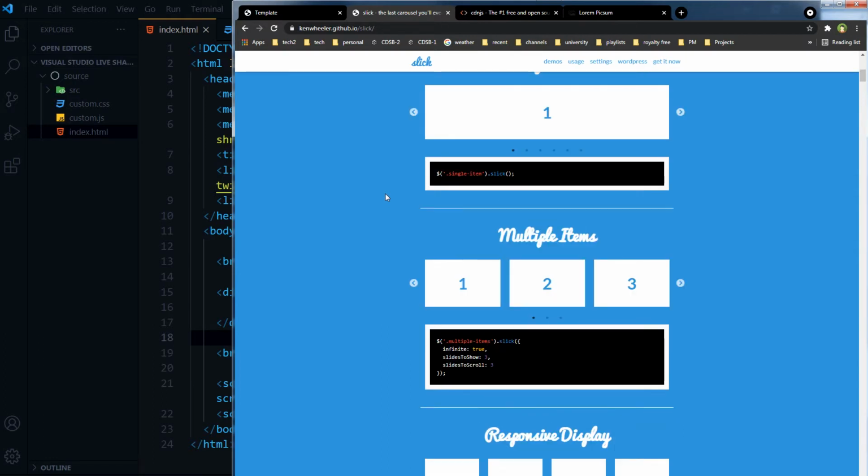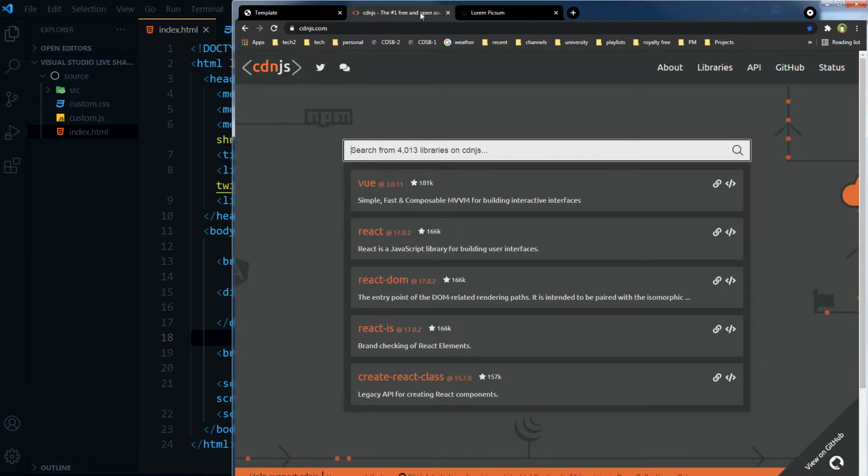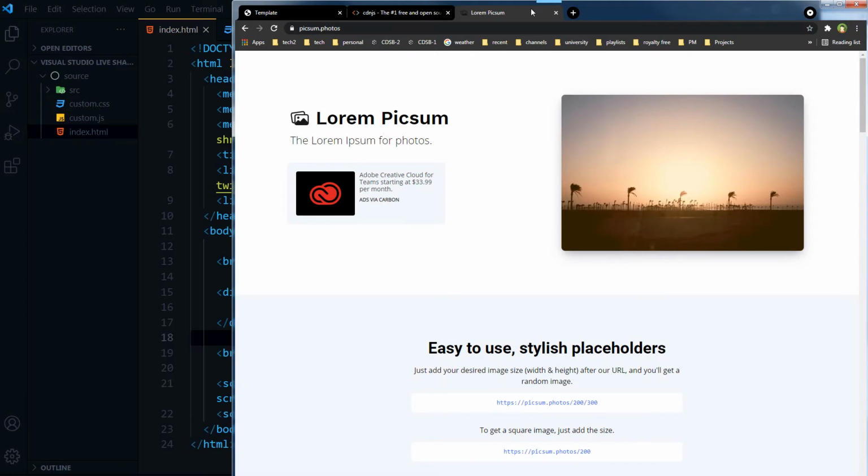This is Slick Slider. We can initialize it on any element, and there will be images or divs inside this element. This is CDNJS, and for images we will use this site, Lorem Picsum.